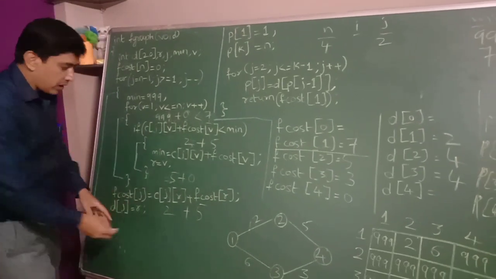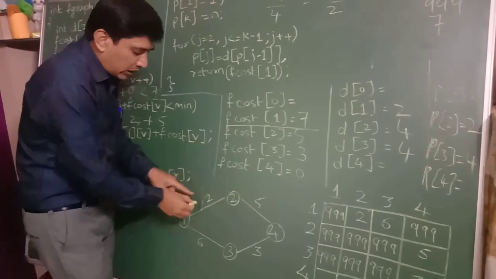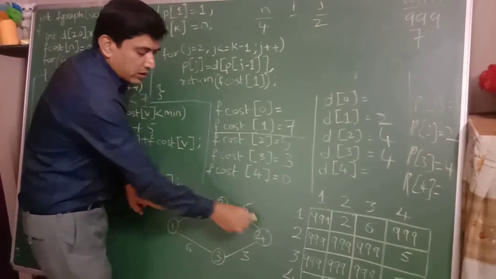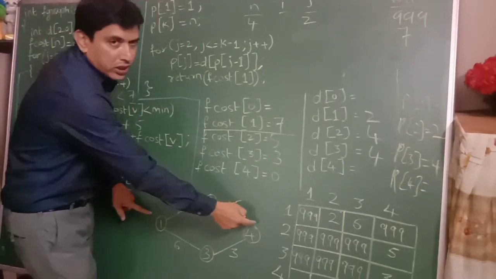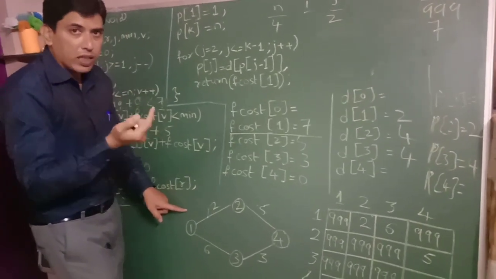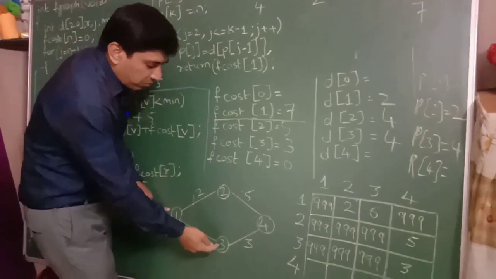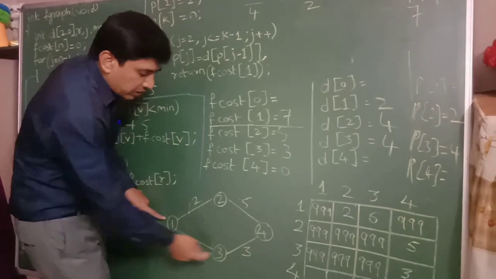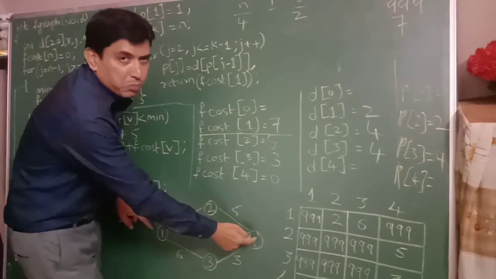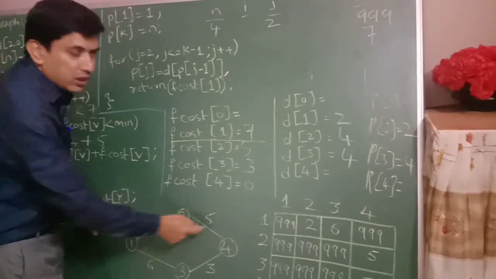Getting? So what is happening here? When you observe this particular graph, right? So if I go from 1 to 2, it is 2. Then from 2 to 4 is 5, right? So 2 plus 5 is 7, right? Reaching from source to sink, reaching from 1 to 4, the cost is 7. Getting? So if I go by this way, if I go from 1 to 3, it is 6, and from 3 to 4 it is 3. So 6 plus 3 is 9, right? So when this graph is given, it is not selecting this path because the cost of this is 9. Getting? Whereas the cost of this is 7.